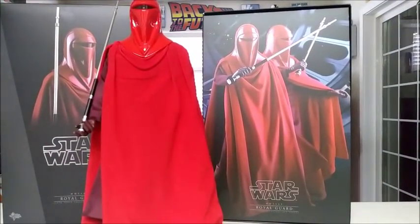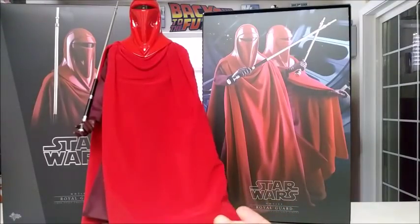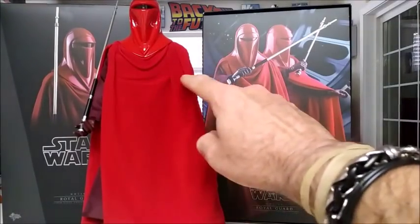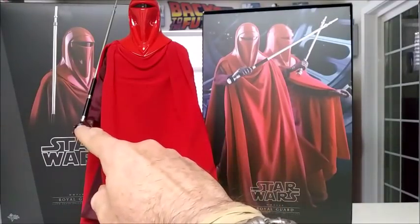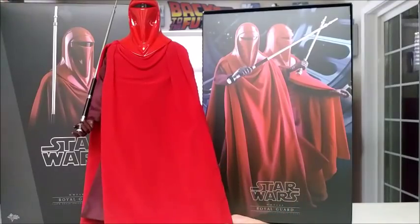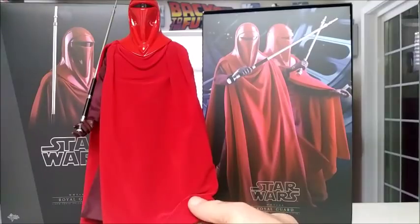There we go. So again, onto the figure. You can take the helmet off as opposed to the Hasbro one, and you can actually rotate this around to make him left-handed or have the opening on the other side, although the draping won't be exactly the same. But again, they only give you one of these kind of hands to hold the pike, so it's kind of pointless to do that. Would have been, again, a nice thing if Hot Toys could have either